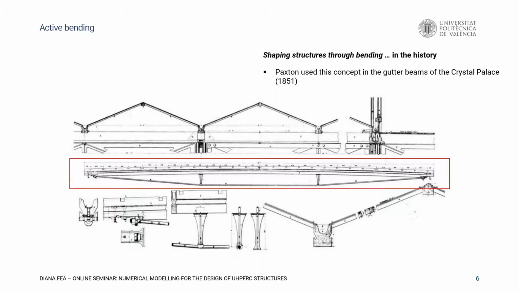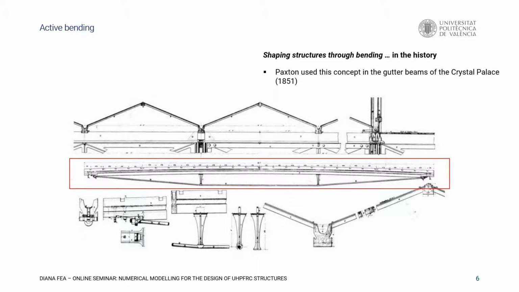this principle. And perhaps the first application of this principle in the modern history of construction is the Crystal Palace, built by Paxton in the mid-19th century, where he used the so-called Paxton gutters or gutter beams that you can see in the middle of the image. And they are timber beams, U-shaped timber beams,